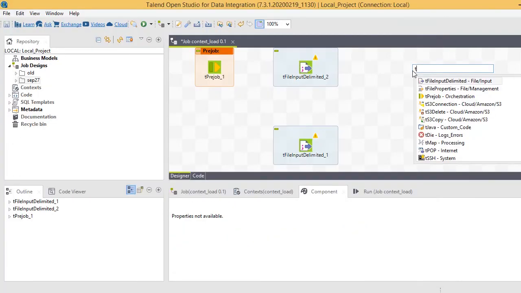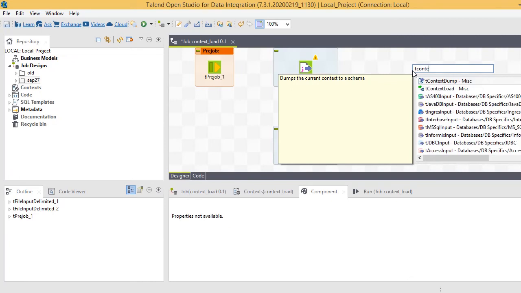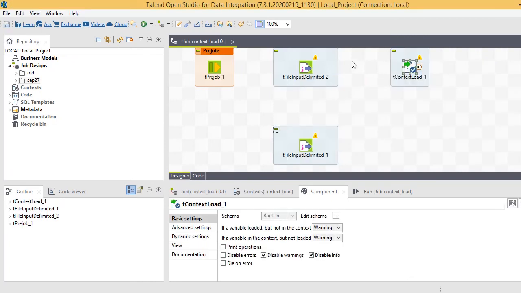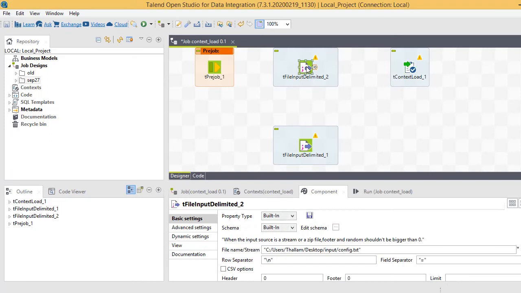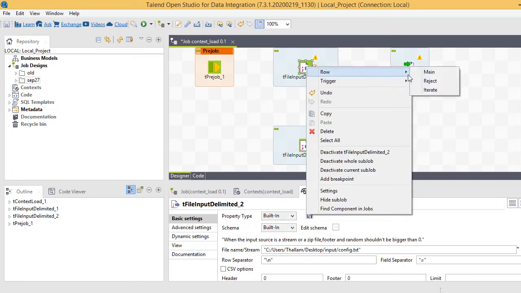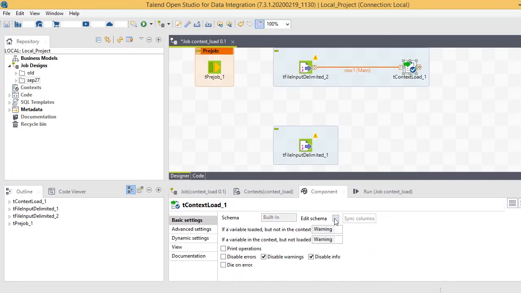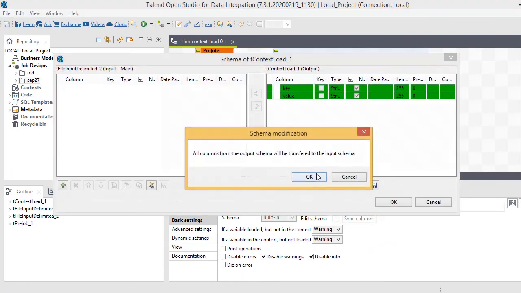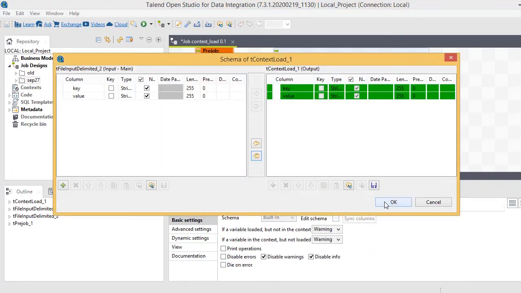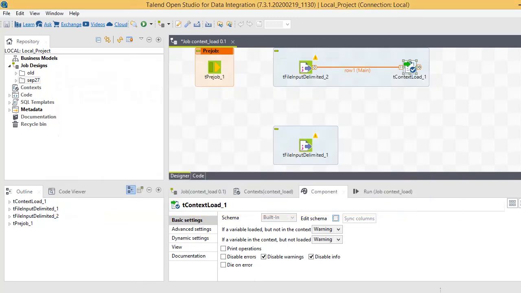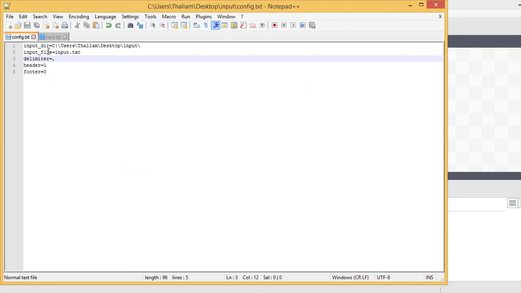Then use tContextLoad to load values from this file to the job. tContextLoad has a schema key, value, so we need to have key and value. In our configuration file, input directory is key and the value is value.